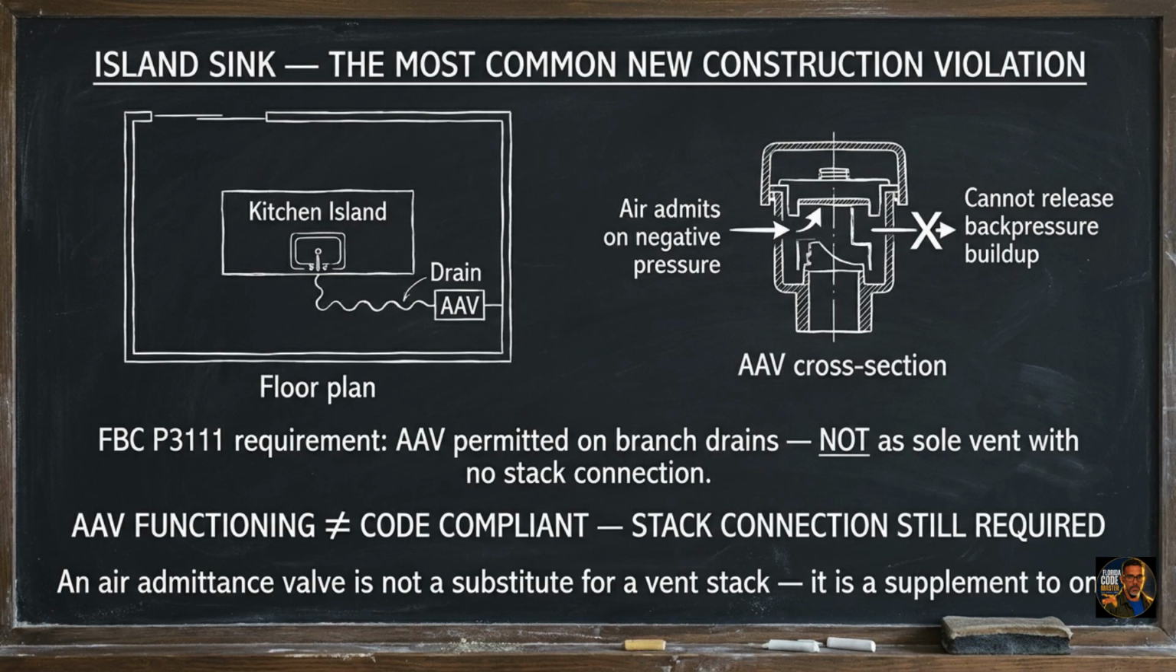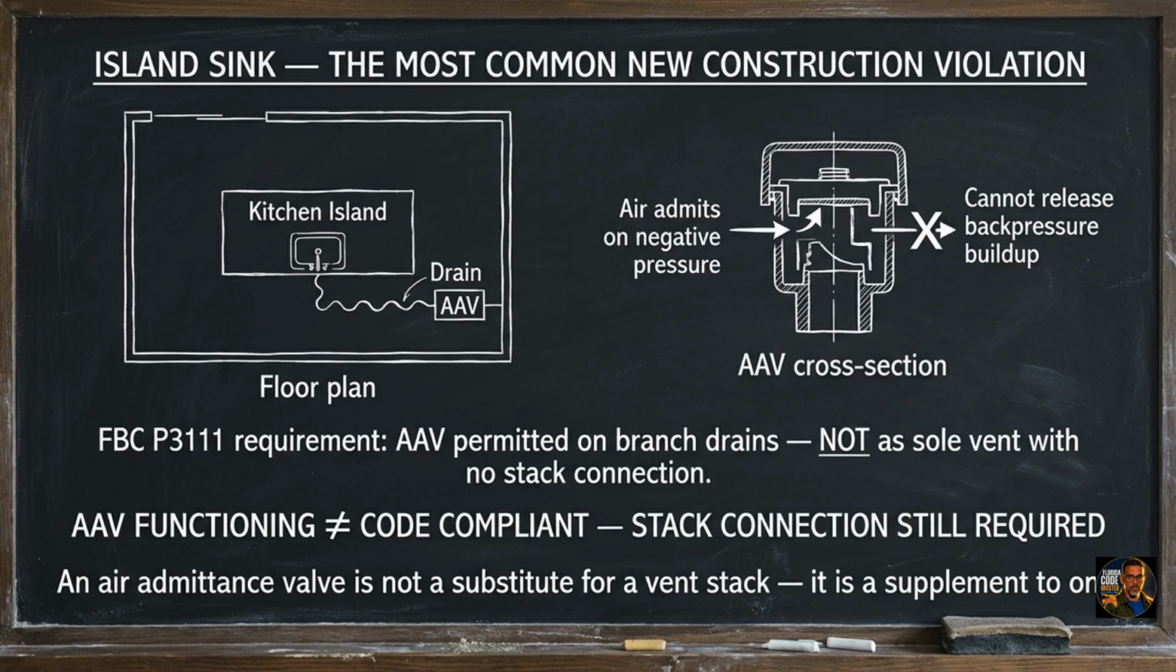The island sink produces more trap siphoning violations in new construction than any other installation. A kitchen island has no exterior wall nearby for a vent to penetrate the roof. Contractors install an air admittance valve, an AAV, as the local vent. FBC P3111 permits AAVs in Florida, but AAVs are one-way devices. They admit air on a negative pressure event but cannot release pressure buildup. They are permitted on branch drains, not as the sole vent for a fixture with no physical connection to the main vent stack. An island sink on an AAV with no stack connection is a code violation whether the AAV